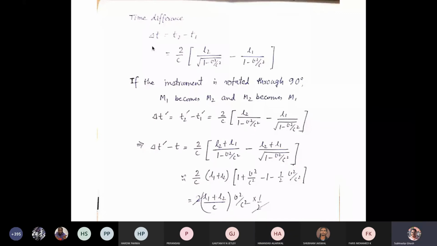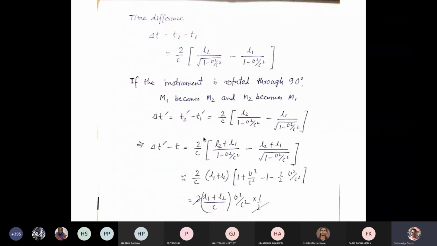Now, when I rotated it by 90 degrees, the idea was that the bias that I had in the first part of the experiment is being averaged out. So I am now interchanging the role of the two mirrors, positioning one in the transverse, perpendicular direction and one in the longitudinal, horizontal direction, so that I can completely reduce the bias from my experiment. And as a result, if V was 0, delta T prime minus delta T would have been 0. There wouldn't have been any phase change induced